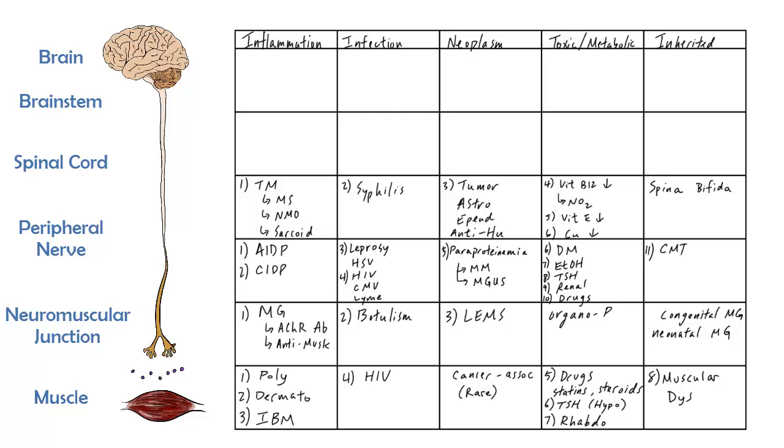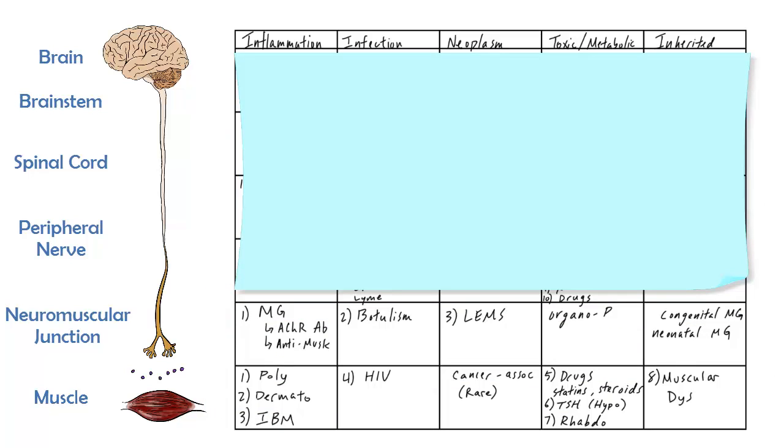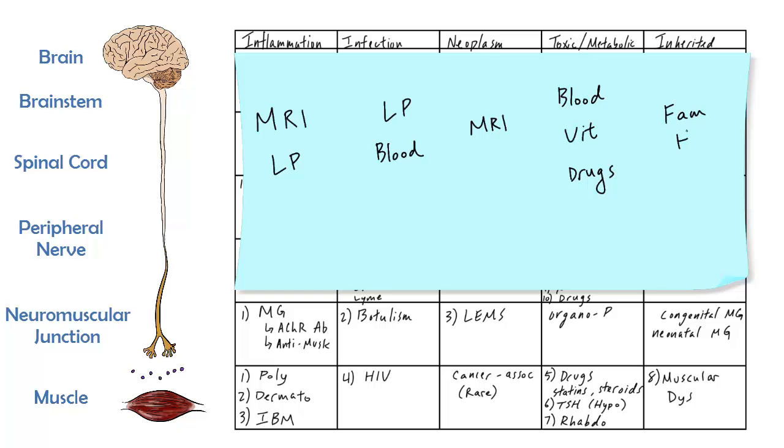Turns out this works really well in the periphery and in the spinal cord. Again, in the brainstem and brain, it does kind of become more challenging, but the same logic is going to hold true, right? If you're looking for inflammation in the brain and brainstem, you're looking on MRIs and LPs. That's what shows you inflammation. If you're looking for infection, you're looking through the eyes of an LP. If you're looking for toxic and metabolic insults, you're testing those nutritional deficiencies or toxicities. You're looking for other signs of systemic medication overdose or deficiency. Yeah, you're using the tools you have to look for the type of pathologic process, and that tends to narrow down your